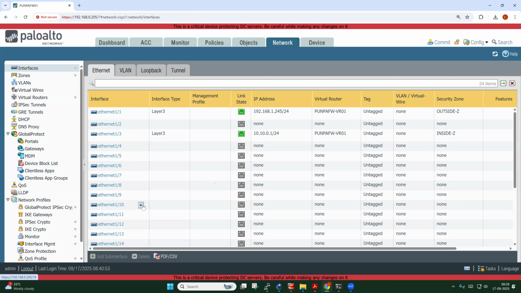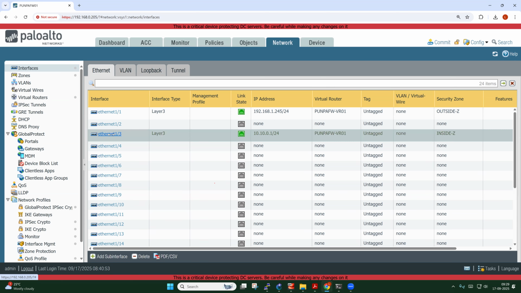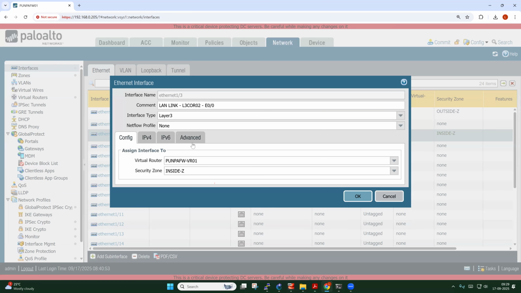Internal, right? Because we want to manage it from the inside, not from the outside. A firewall is a security device, and we should not attach any management profile on the external interface. Otherwise, hackers will try to log in to the firewall. Okay, so I'm going to attach this management profile to our internal interface by clicking on this and going to